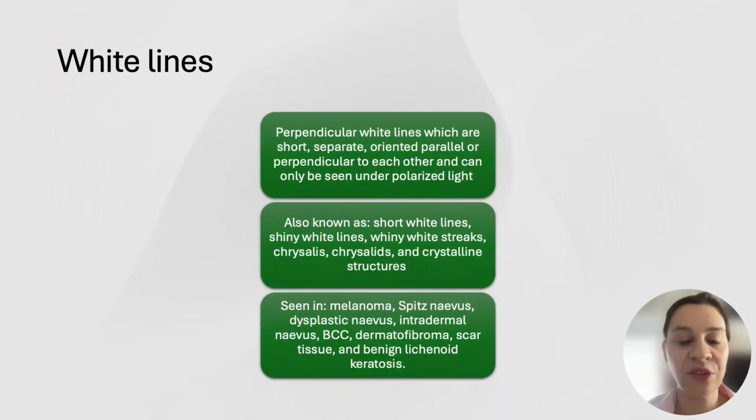White lines are usually seen in polarized light, so please use your polarized dermatoscopes to help yourself see these structures. They are usually associated with melanoma, but we do have shiny white strands in basal cell carcinomas. We might see white lines in Spitz tumors. We might see white lines in dermatofibromas. So basically, it's important to assess these kinds of lesions with clinical context and to adapt all of the other